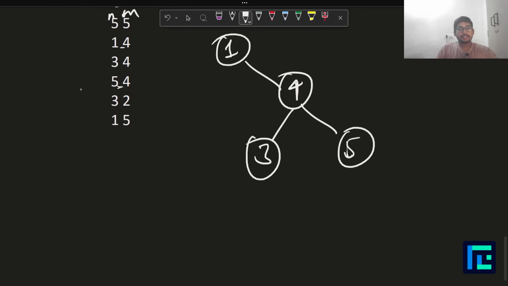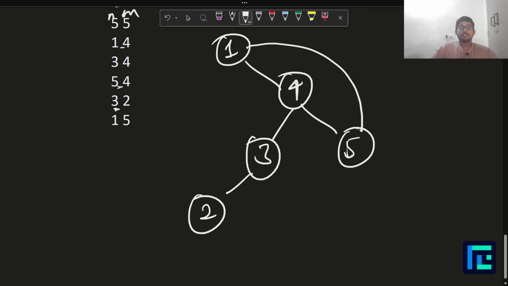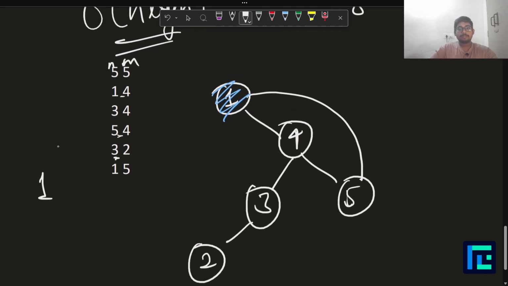Then 3 is connected to 2. And 1 is connected to 5. So this is the graph given to us. So if you run our algorithm to find the answer, you start with 1, note down 1 in your notebook,